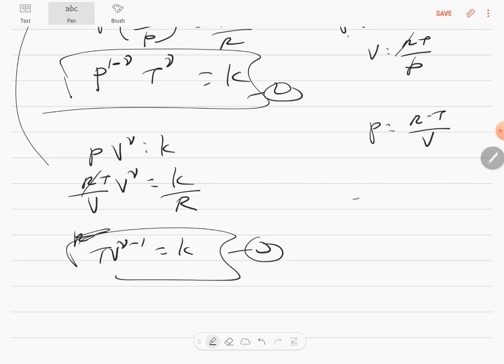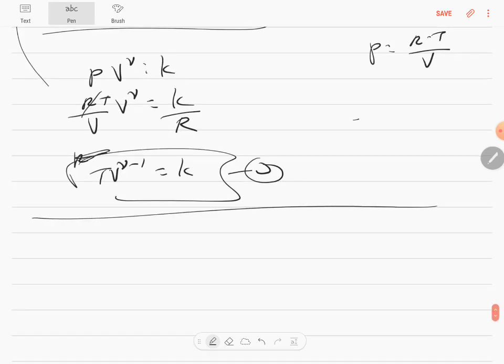And so whether they're going to ask you this or the work done in an adiabatic process, we don't know. So next is work done in an adiabatic process. Anything can be your question. So work done in an adiabatic process, you know that